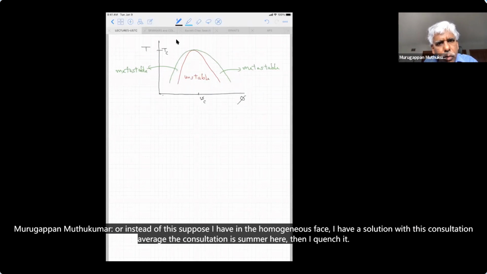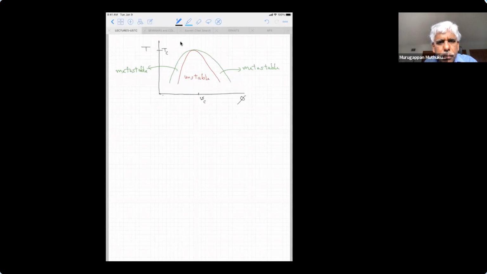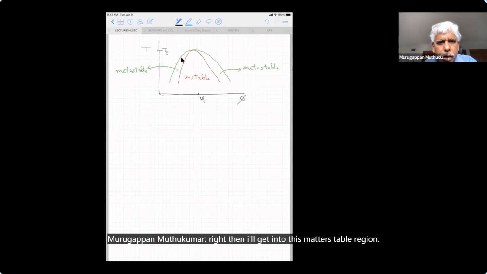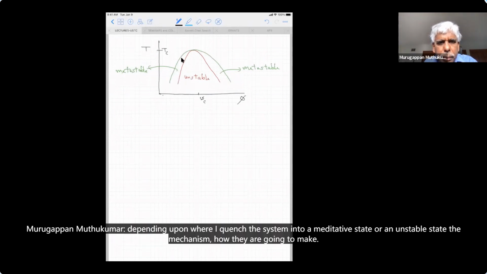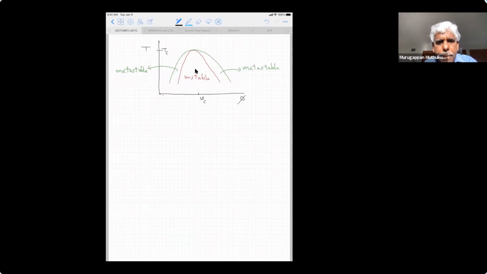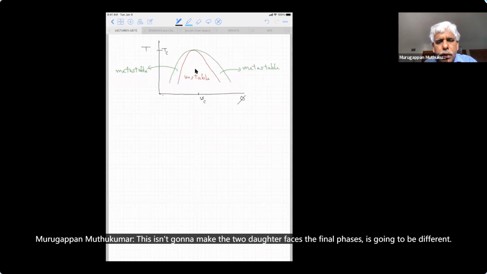Or instead of this, suppose I have, in the homogeneous phase, a solution with this average concentration somewhere here. Then I quench it, right? Then I'll get into this metastable region. Depending upon whether I quench the system into a metastable state or an unstable state, the mechanism by which the system is going to make the two daughter phases, the final phases, is going to be